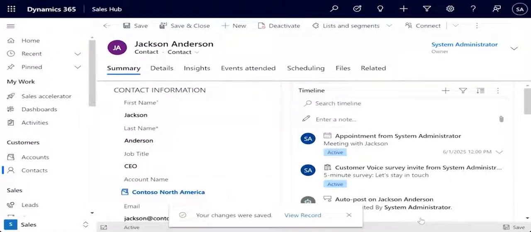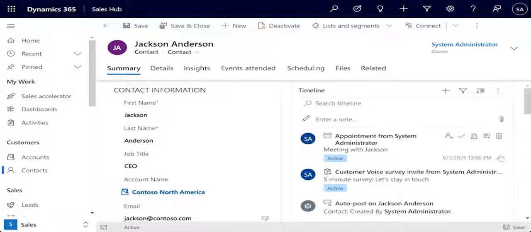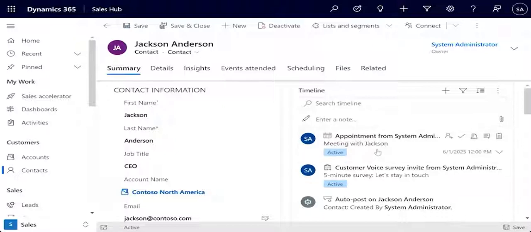And now the timeline has been updated to show that that meeting has been scheduled with Jackson. And this is actually part of the assistant, which we'll look at a little bit later on today, where you can see information about the appointment itself. So if I select this down arrow, if there was any other information about where it's located or any optional attendees, I could then see those details here. Now, if I wanted to actually select the appointment,